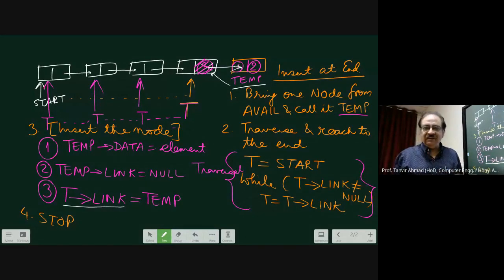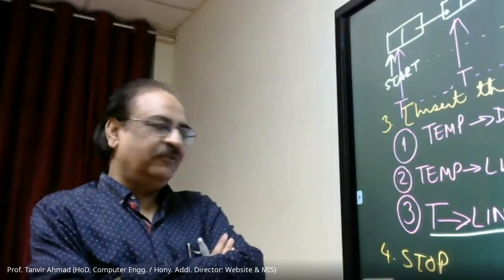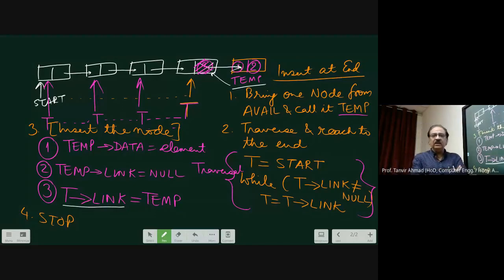Is this clear to everyone? Or if you find any confusion anywhere, you find the steps are not clear, please ask me, because as and when the class progresses, the algorithms will become a little difficult. These are easy algorithms because you already know that this will be done if a linked list already exists. And how will I test whether a linked list exists? When start is not equal to null. When start is equal to null, it means this linked list does not exist.